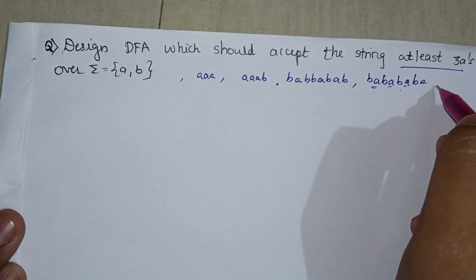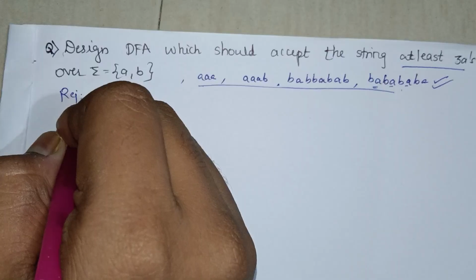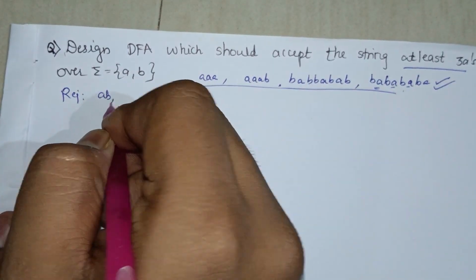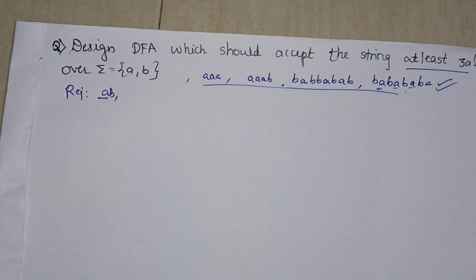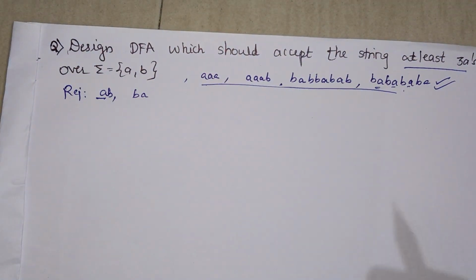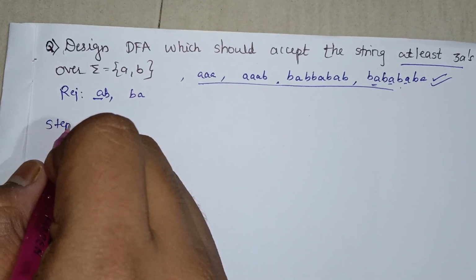For example, these will all get accepted, and the rejected examples are like a b. It will get rejected because it contains only one a. B a, it will also get rejected. So let's start solving. Our step 1